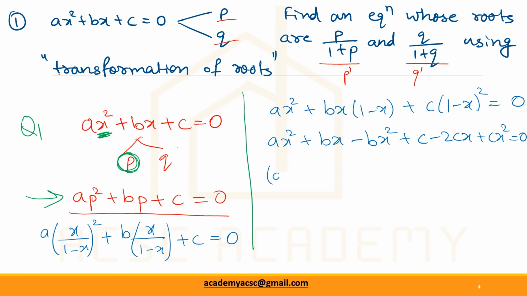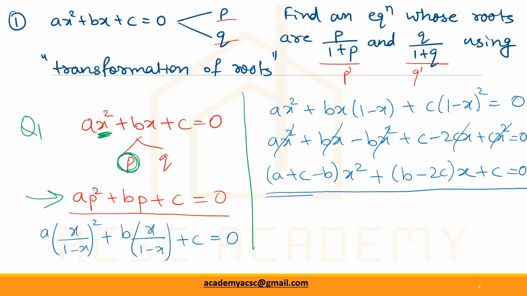Standard format will be a plus c minus bx squared. These three terms are gone, plus b minus 2cx plus c equal to 0. This is what we have got. What we actually did is